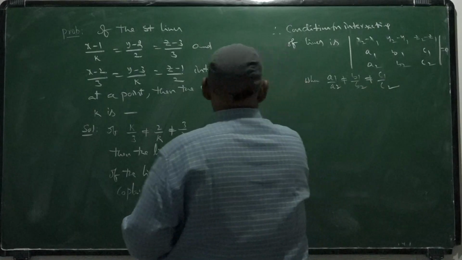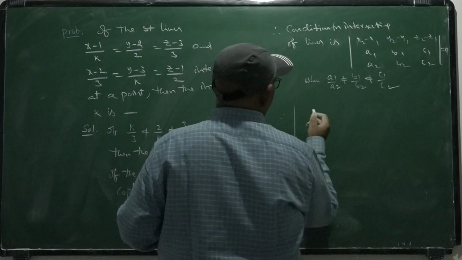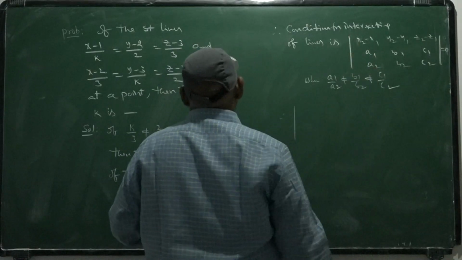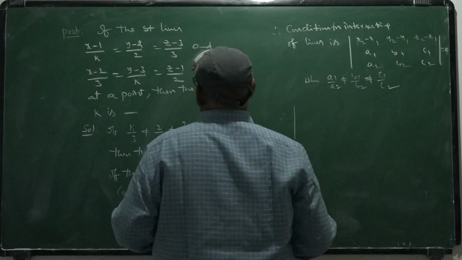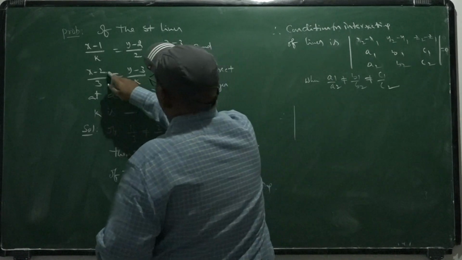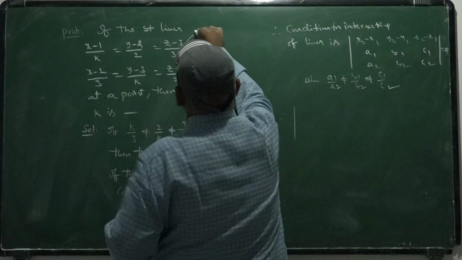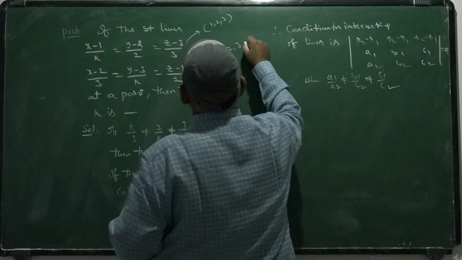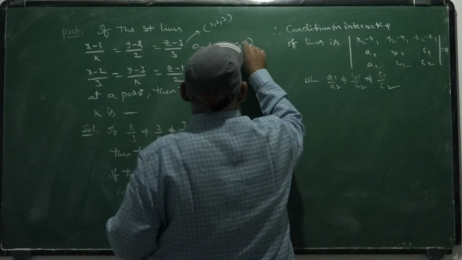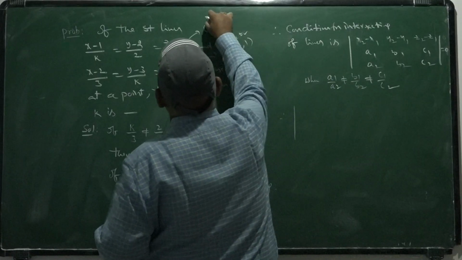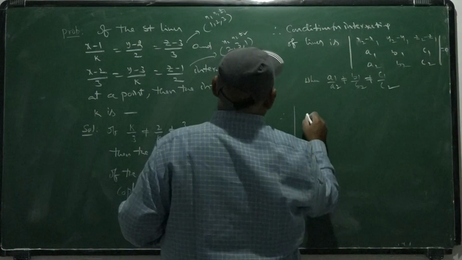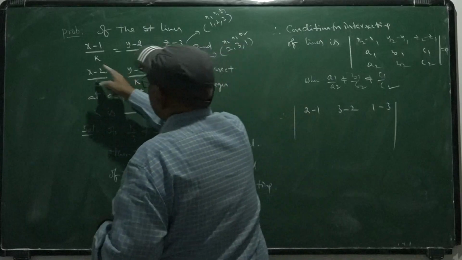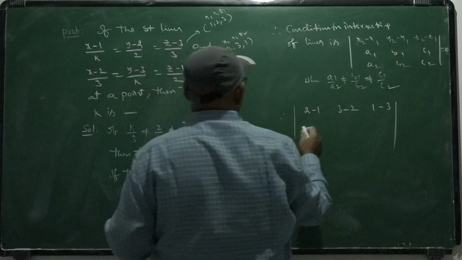So it clearly follows. Therefore, the required k value is obtained by coplanarity of the lines, that means intersecting of these non-parallel lines. Here, this is passing through the point (1, 2, 3), this is passing through (2, 3, 1). This is (x1, y1, z1), (x2, y2, z2), x2 minus x1, 2 minus 1, 3 minus 2, 1 minus 3, a1 b1 c1, a2 b2 c2, the direction ratios.